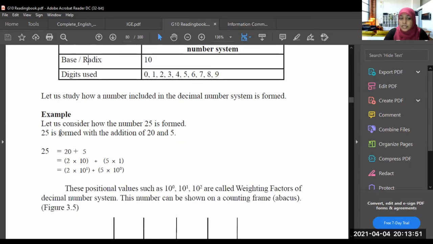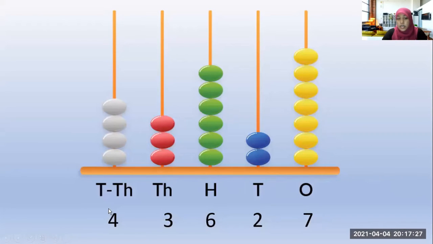For example, let us consider how a number is formed. Instead of 25, we will consider this number, right? So here in ones there is 7. So it is 7. In tens, there is 2. That means the position of 2 we call 20, right? So when we read this number, we read it as 27, isn't it? The 6 is positioned in the hundreds. So it is 600. So 627. The 3 is in thousands.